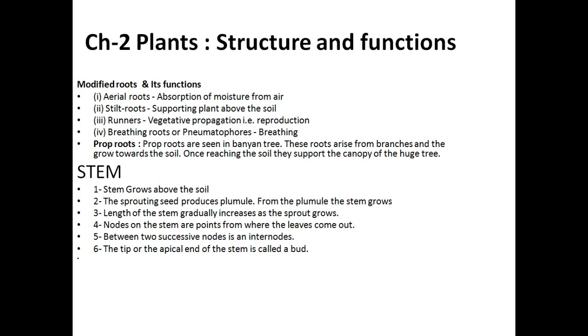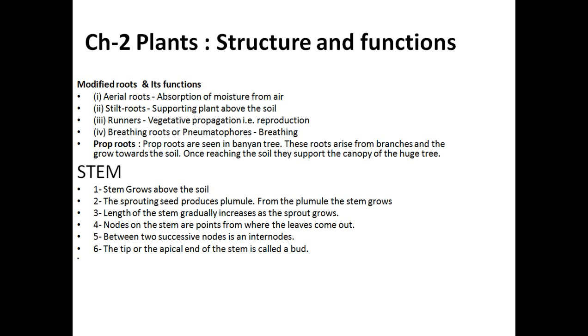Okay, so first, aerial root: absorption of moisture from the air. What is aerial root? Aerial roots are those roots which are present on the stem of the plant. You might have seen there is a fiber. When you touch the stem, you will feel a hair-like structure present on the stem. That is called aerial roots. The term itself defines that it's aerial. It means anything present in the air is known as aerial parts, and that is called aerial root, absorption of moisture from the air. So what is the work of this aerial root? It is used to absorb the moisture from the air.